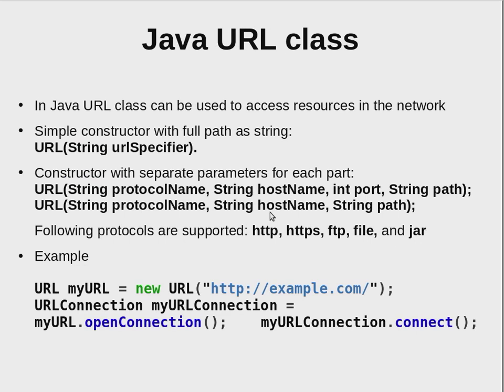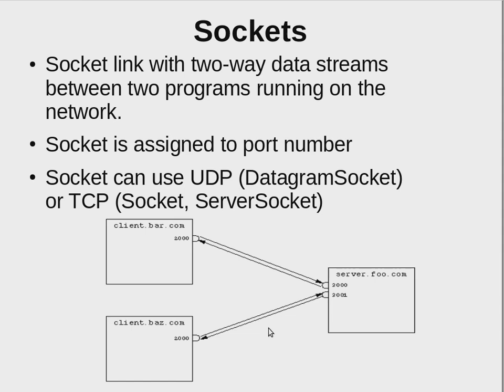And such a URL class can be used quite widely for auto configuration of your application, something like reading first from a local file or jar file and then getting some updates from a remote repository, remote website, for more detailed or updated instructions. So what do you do? You create a URL connection to it and then you open this URL connection or connect to it, and then you create sockets to read data from them.